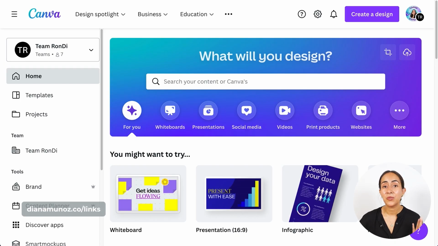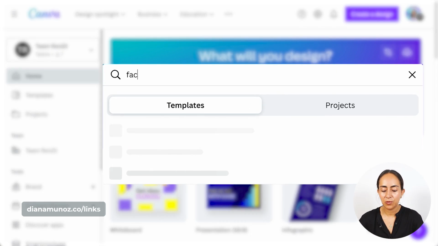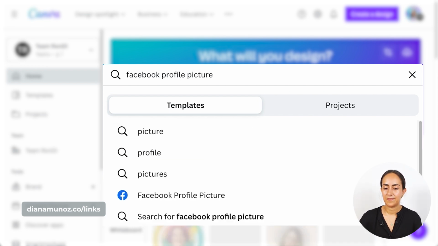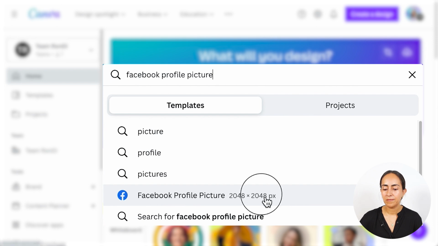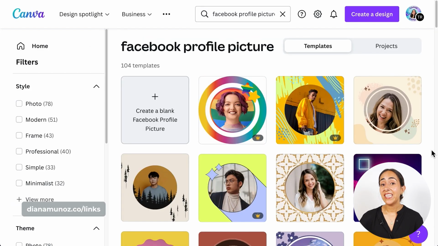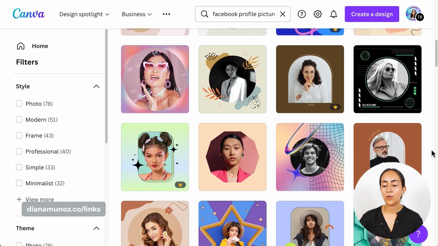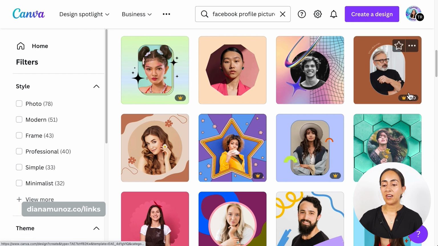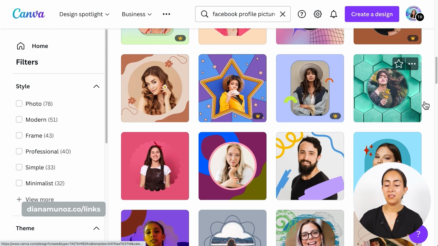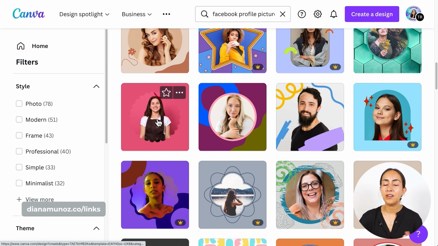Now let me show you a bonus tip, a pro tip in case you want to find even more profile picture ideas. Let's go to canva.com, let's go to the home page and let's search for Facebook profile picture. Let's select this option. And in here you'll see that Canva has a lot of templates available that you can use for your profile picture. Some of them are available for Canva Pro users, but you will see that there are a lot of